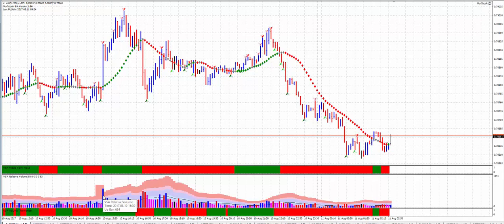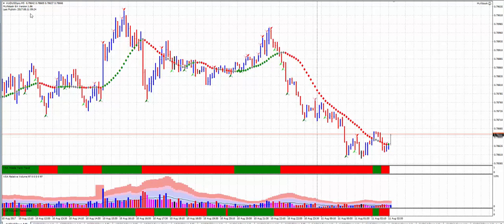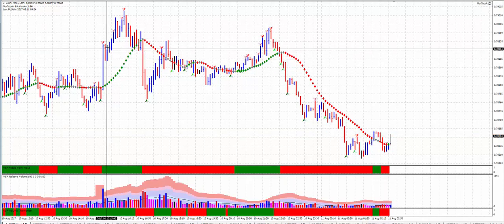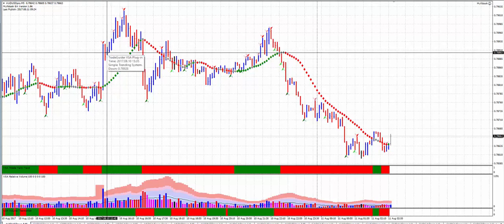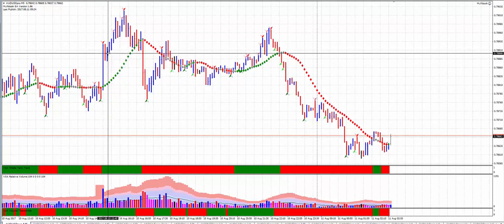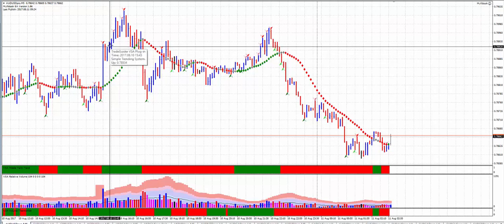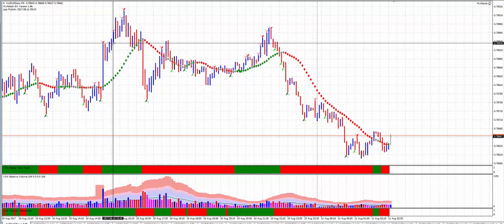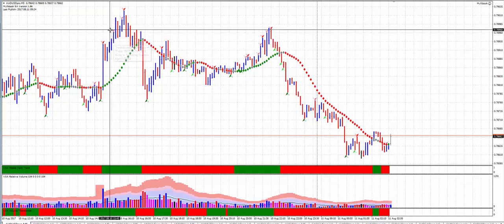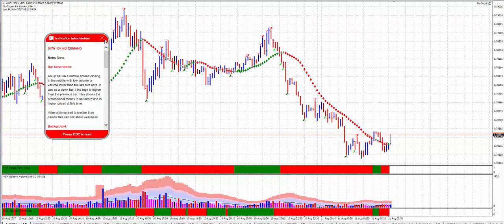Now, if this was a serious strength, a serious uptrend, then we would expect to get higher volume on up bars as we're going up. But have a look at the volume of these bars. All right, so we get much lower volume. This up bar has got low volume, it's not that high. That's not convincing volume. This one here is also low volume. Okay, and we've got a VSA principle here, a sign of weakness 134, no demand.